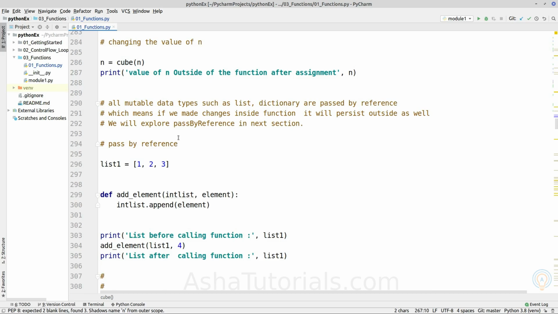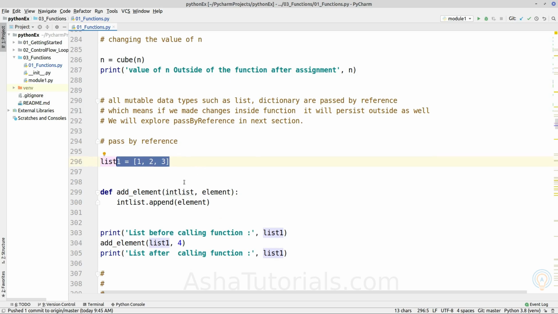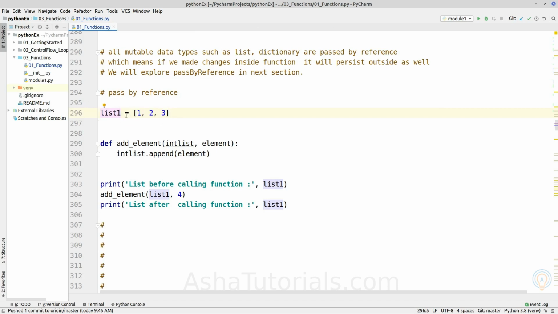Okay, but it changes when we are passing mutable objects such as a list. Okay, so list is a mutable object. We will see the detail in an upcoming session, but for now we will consider this as a declaration of a list, and if we are passing that list as an argument of a function, and if we are modifying it, whatever changes made to that particular list will persist to the same variable outside of that. Okay, so let's execute and see what happens.